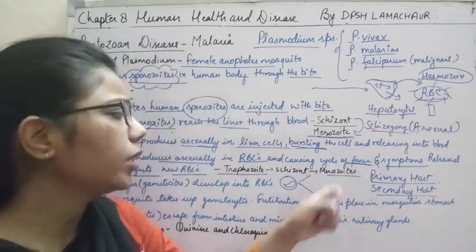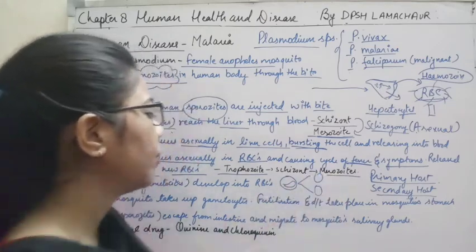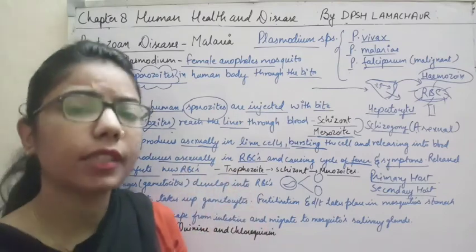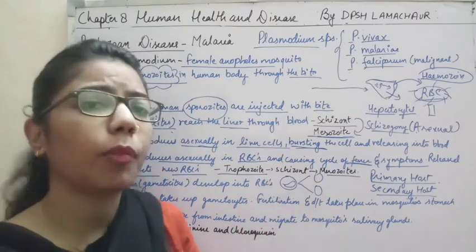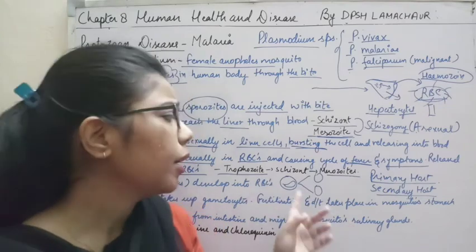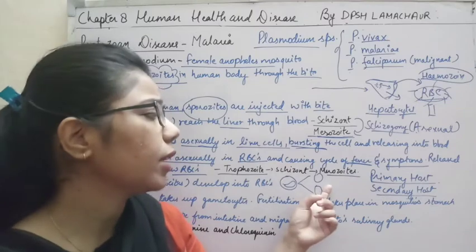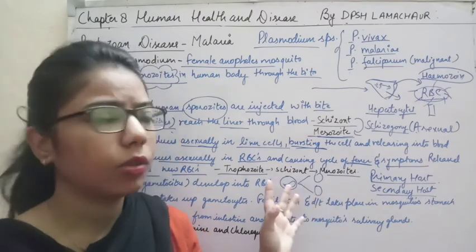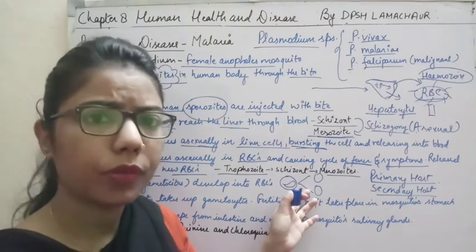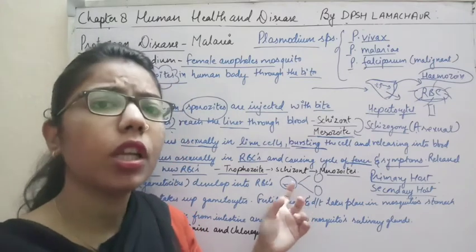Okay, and after that there will be formation of gametes. What will there be? Formation of gametes from this trophozoite. Okay, so we can say that these RBCs multiply and form the gametocyte, and we know that the gametocyte is what? Having the gametes, but these gametes will not fuse inside the human being. That's why we are saying that we are the secondary host, right? So what will happen when this mosquito again bites the individual, what will happen?